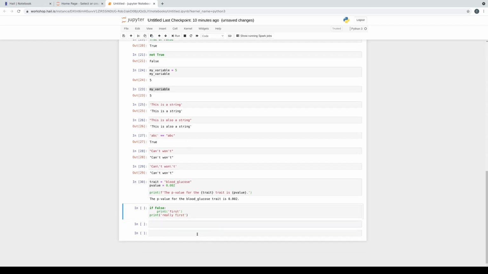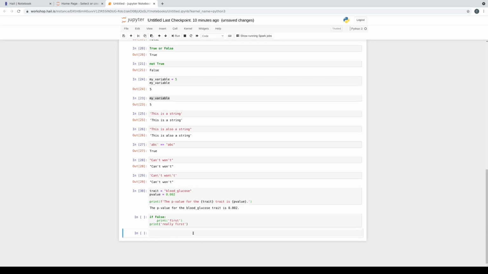This can be useful for inserting things and manipulating. If you inserted some cells that you don't need anymore, you can press double D inside of navigation mode, and it will delete the cell that's currently selected. Okay, so there's our first example. The first piece of code is this false with two pieces of indentation, and I want to compare this to false print first,